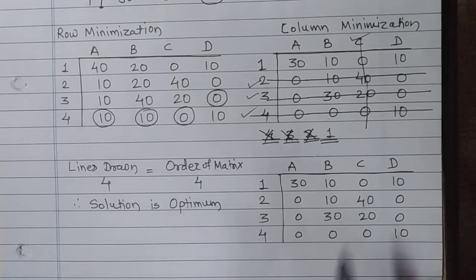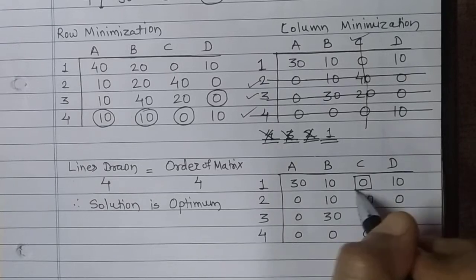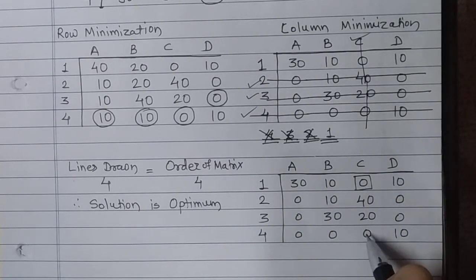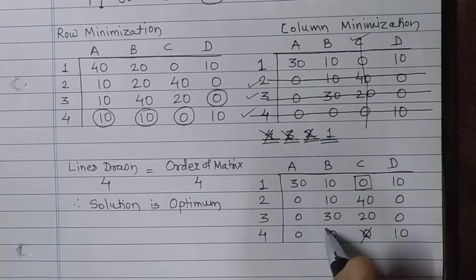Next, as we have found the optimum matrix, the next step is we have to capture zeros. So redraw this optimum matrix and now start capturing zeros. You have to find the alone zeros. So in the first row I found one alone zero. So I will capture this, and along with its row and column, the zeros are deleted. Now again search for an alone 0. In the second column you find there is an alone 0. So along with its row and column you can delete.